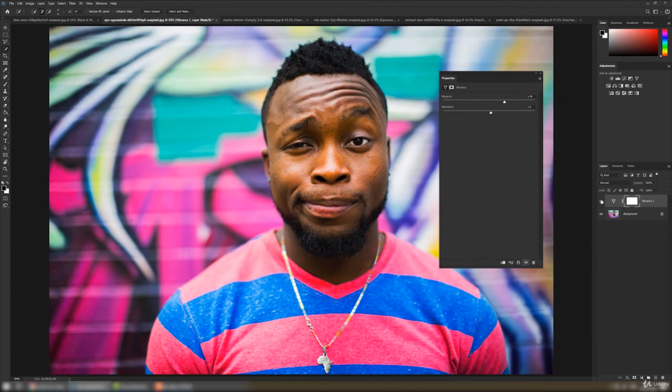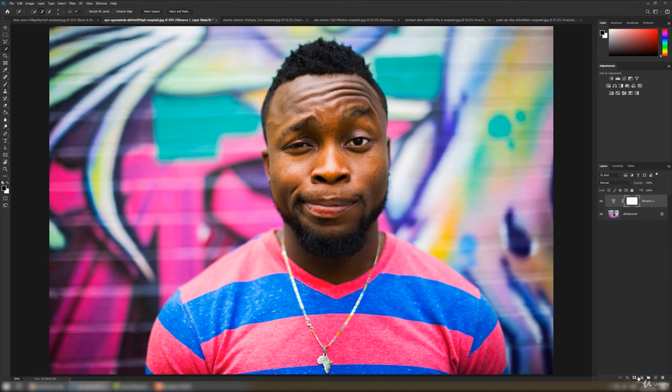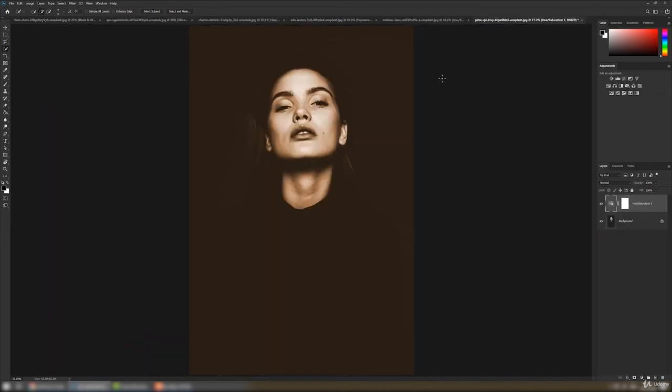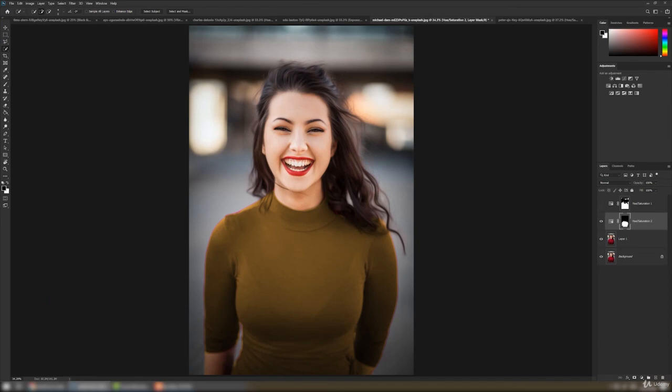So you can see the difference. It will add colors to his skin tones. So that's how we can improve the color in our images. So we have learned brightness and contrast, levels, curves, exposure, vibrance, hue and saturation. And these are the basic options which will help you improve your images. And you can always make selection and change the colors.